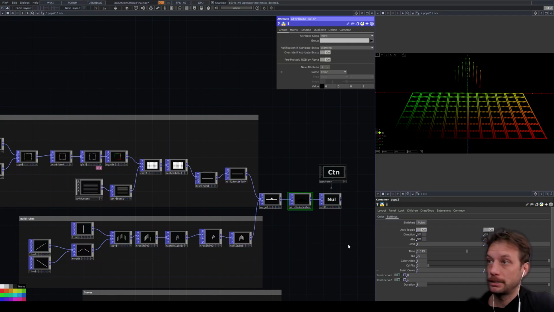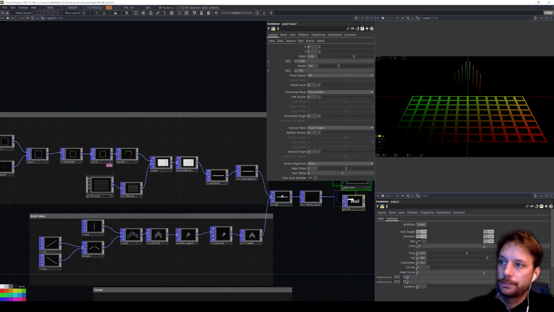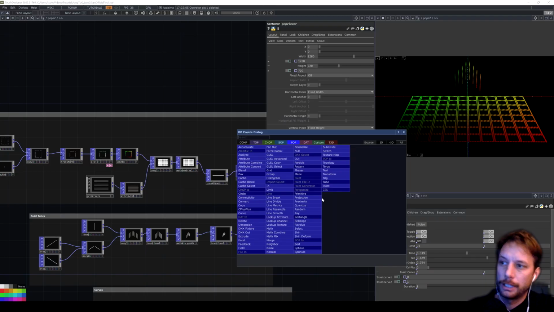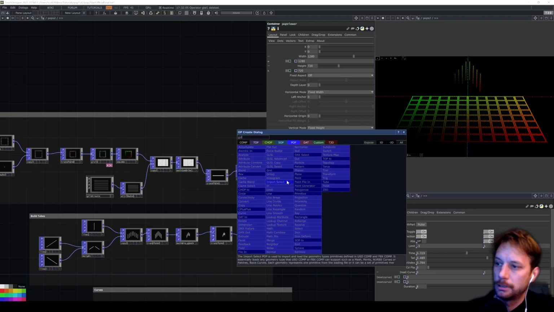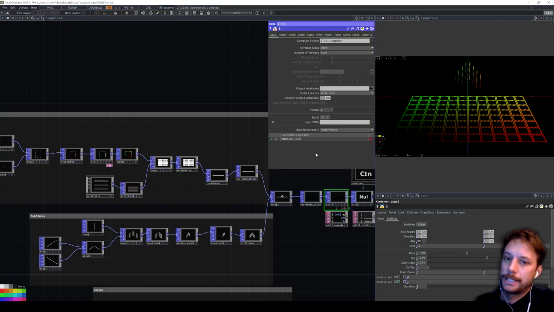From here, let's start to talk about how we can customize these looks in a GLSL POP. So while we're here in the attribute color, let's add another attribute for our offset float. And then let's shift these nodes over just a little bit and include a standard GLSL POP. And then when we drop that down, the first thing we want to do is include offset into the output attributes parameter that we want to change. And let's open up our